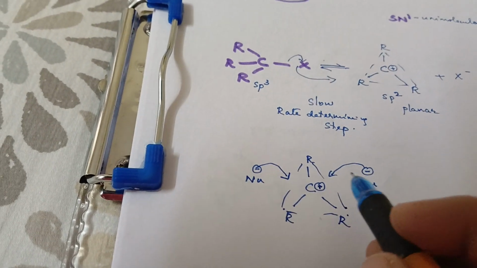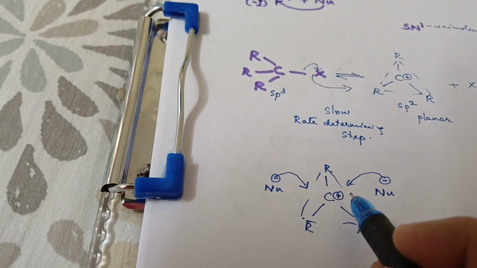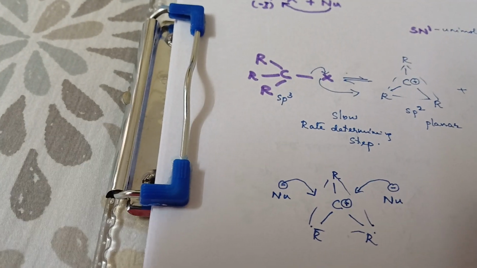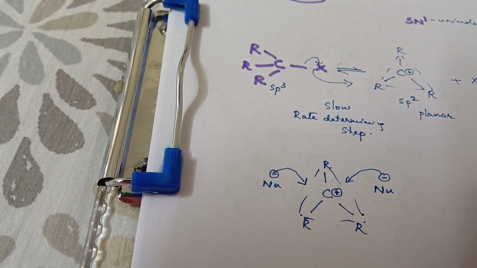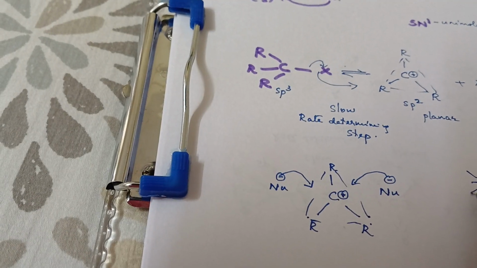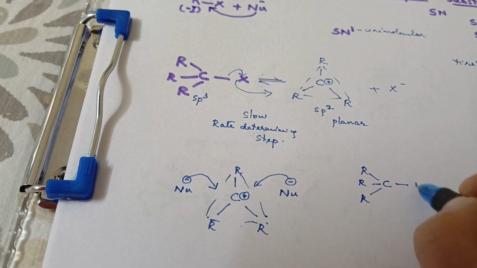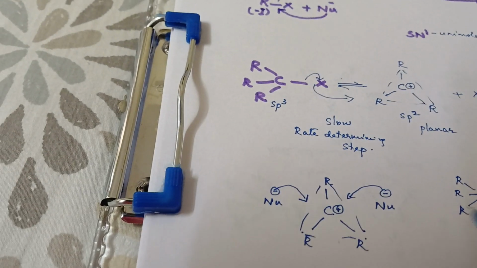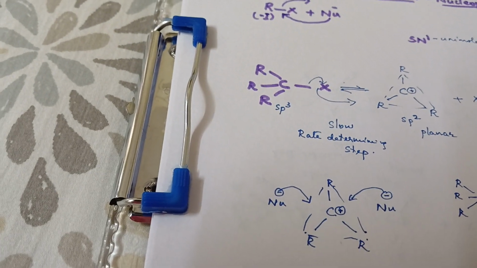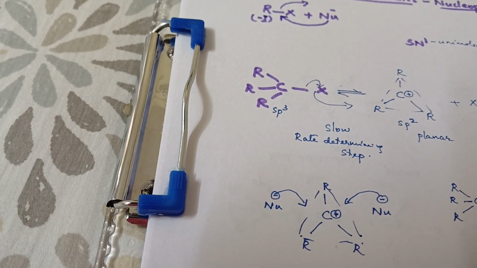So if the nucleophile is attacking from this side, the product you are getting will be like this. And if it is attacking from here, what you're getting will be